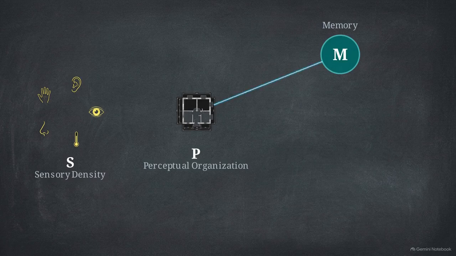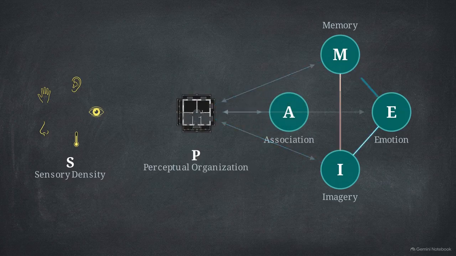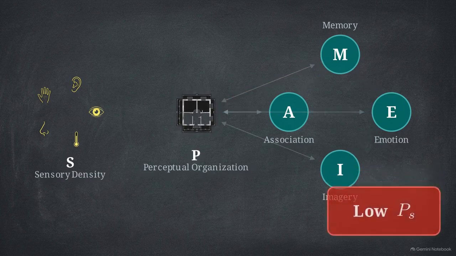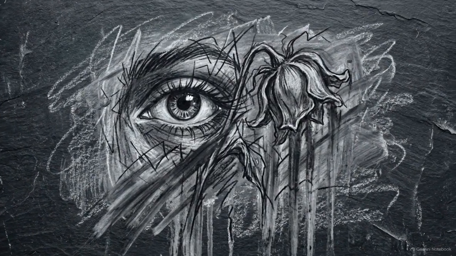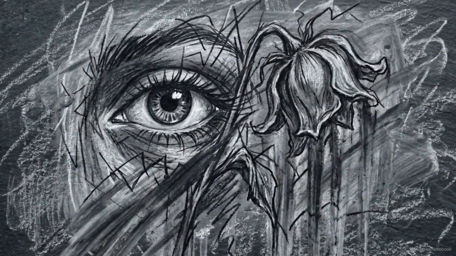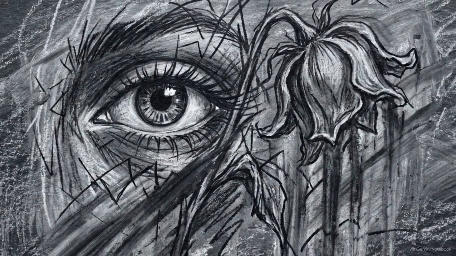Sensory input triggers involuntary memory. Memory activates emotion, generating a new image that alters initial perception. We track this by adding parameters for associative cognition, emotional weighting, and a modifier for perceptual stability, which here is exceptionally low. The network is highly active, constantly generating detailed perceptual representations, but those representations are deeply unstable, dissolving and